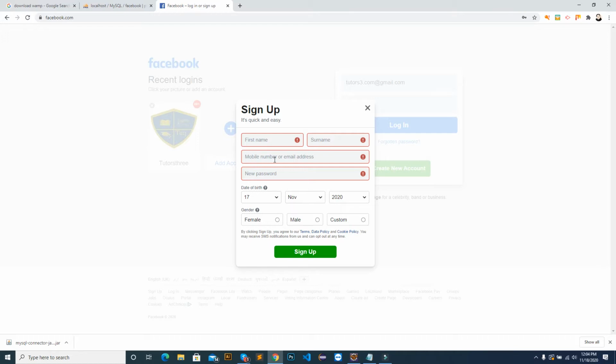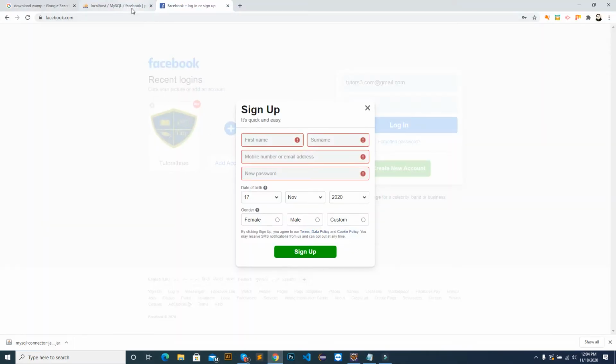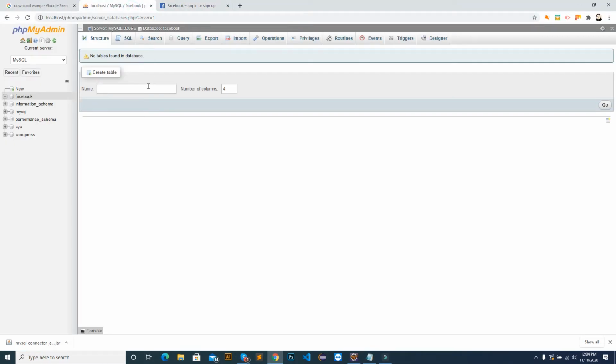Before doing that, we have to create a table. You can give it any meaningful name, so just go here and write sign up. It will contain 6 fields, but it will actually contain 8 fields: one is ID and another is the date created, when the row is created.